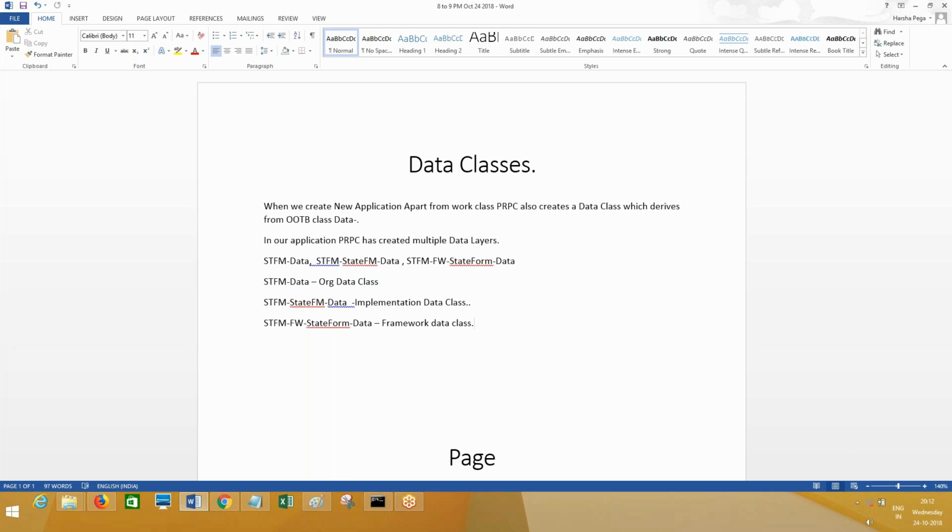If I am creating implementation, it means anything which I'm going to reuse within the implementation, I will use the implementation level data layer. Anything which I want to reuse across multiple implementations of a framework, then I'll use the framework data layer. So this is just data modeling.